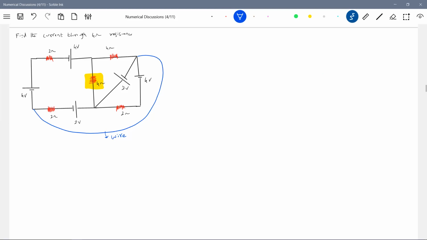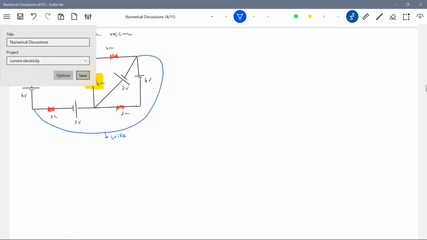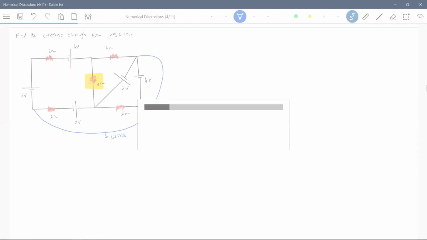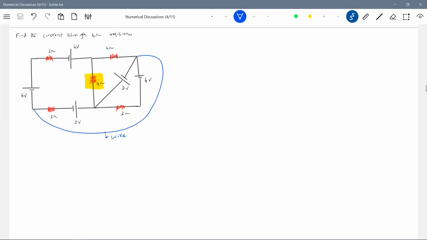A very good problem. Just make an observation. In grouping of cells, I just brought a wire. We don't have the grouping of cells. I just brought one wire. It need not be a grouping of cells. You can also go for loop current. Loop 1, loop 2, loop 3, loop 4. I1, I2, I3, I4, solve it. Or the branch current method will be a little bit difficult.